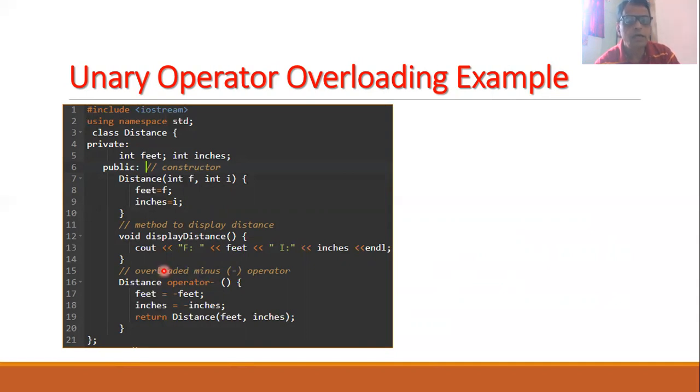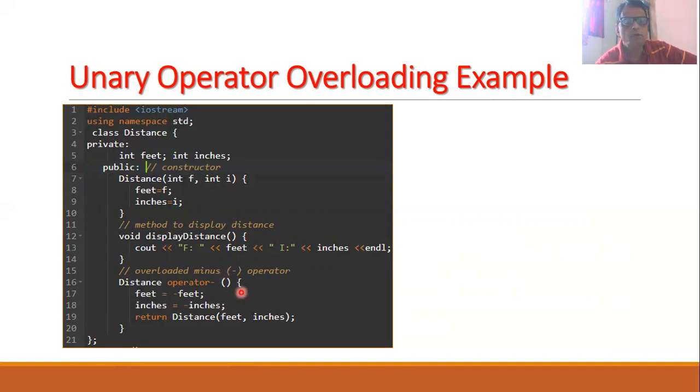This is the return type of the operator function, followed by the keyword operator, followed by the operator symbol minus. And this is a unary operator, therefore there will be no argument list. In this case, observe that we will not write the class name and we will not write the scope resolution operator, because we are defining this operator function only within the class.